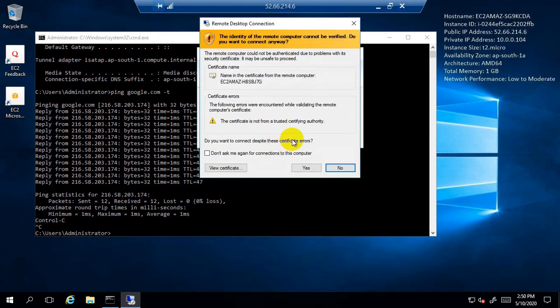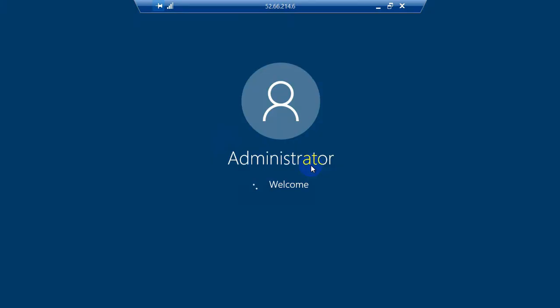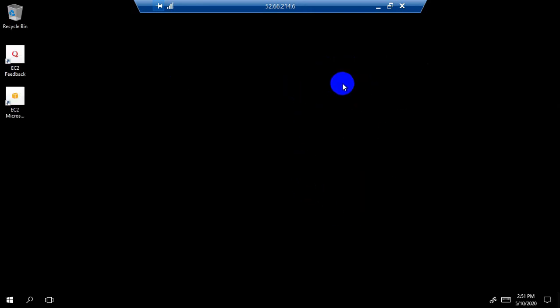Wow, so this is a good symptom. Now click on yes. Now we are logged in inside the subnet B-EC2 instance, and from the subnet A-EC2 instance we got an RDP connection of the subnet B-EC2 instance.